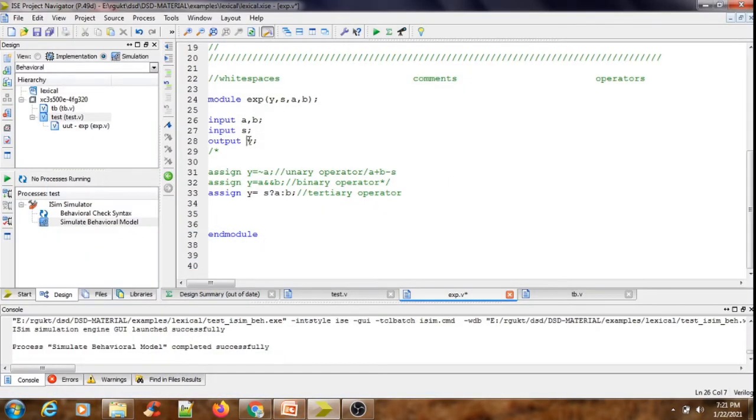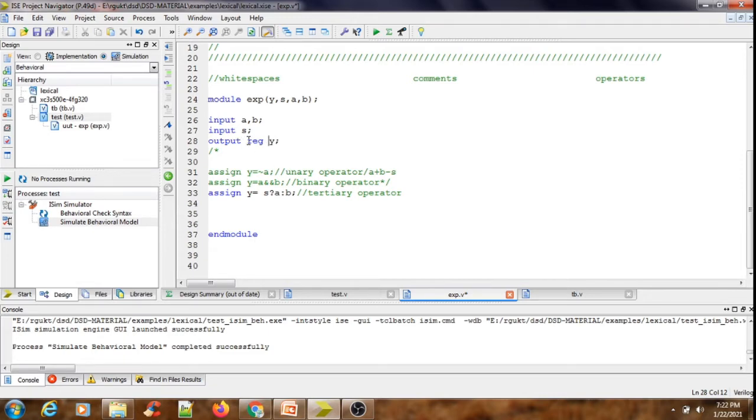Let me go to what I will be doing in behavioral abstraction. Output reg is generally used when I am defining the internals of a module. I am defining the logic of a module by using the behavioral abstraction, where I indicate my output variable along with reg as a keyword. I definitely have to use reg as a keyword here. Of course, the logic I have written inside the Verilog module is at the data flow abstraction level.